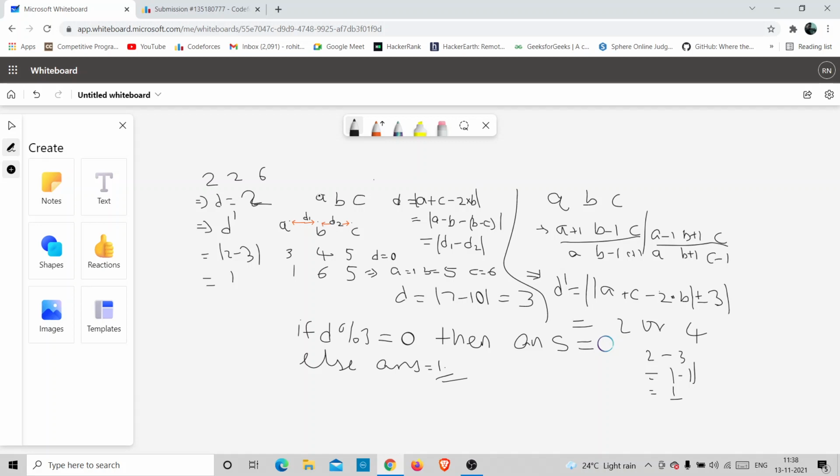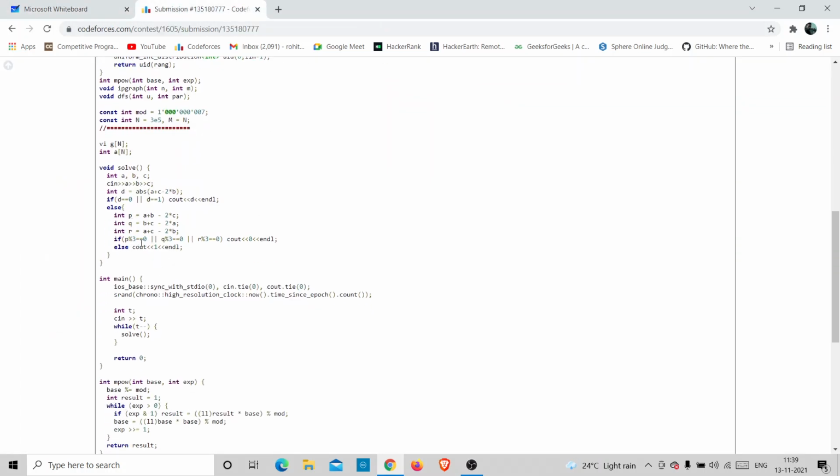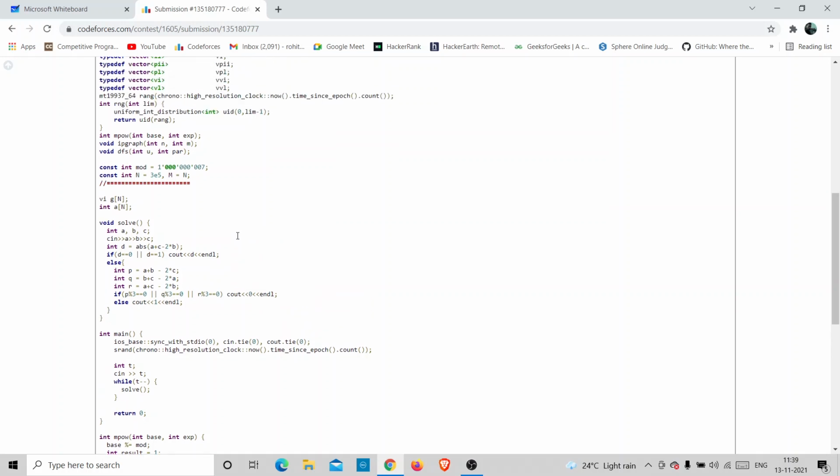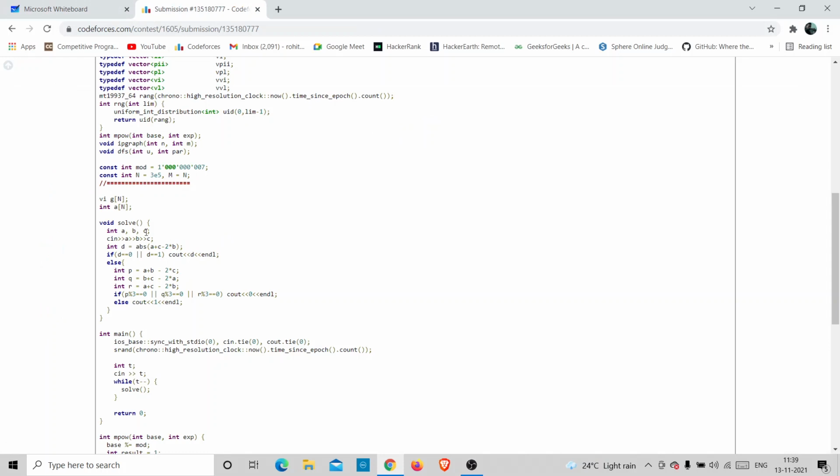You can also take these as an array, right? A of 3, and then sort them, and you could apply the same thing. You could do this approach as well. This one takes more variables, but it will give us the answer in fast time. If we sort it, it will be almost the same thing because there are only three variables. It depends on which approach is quite intuitive to you.